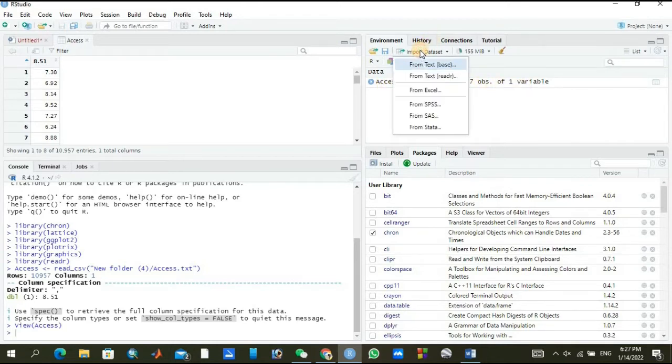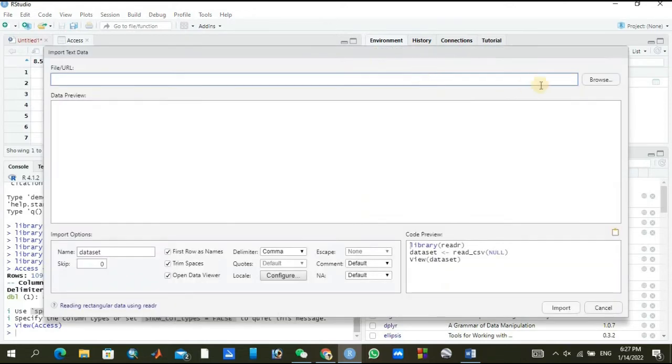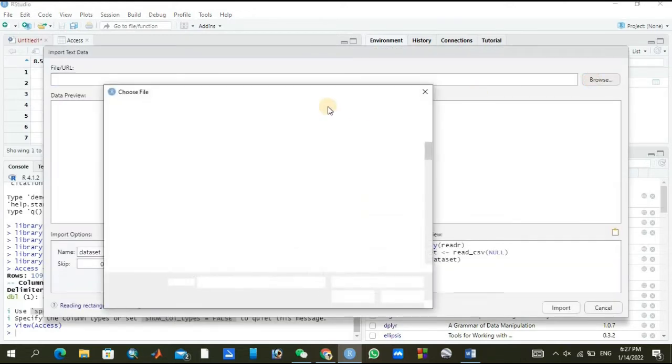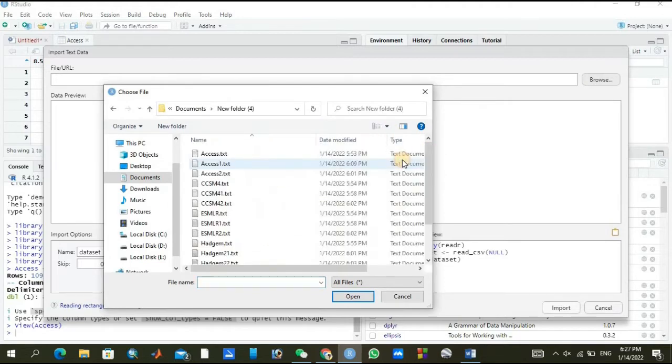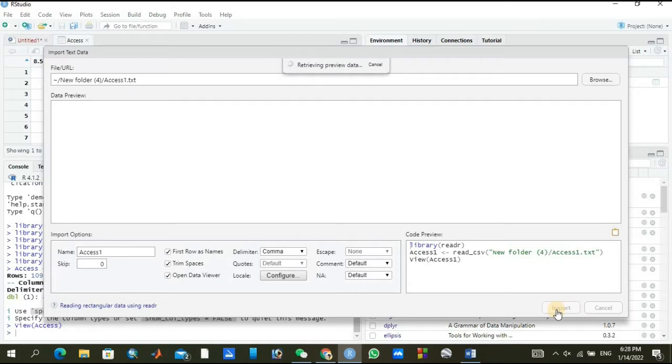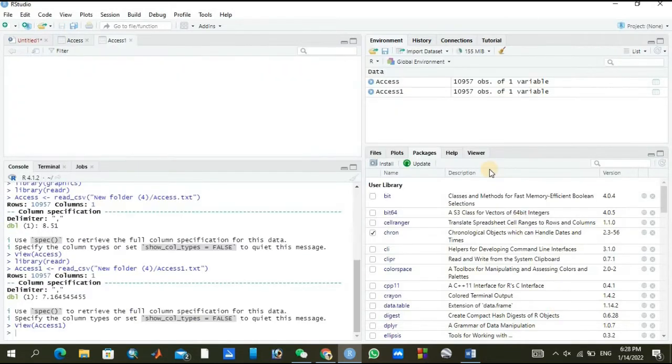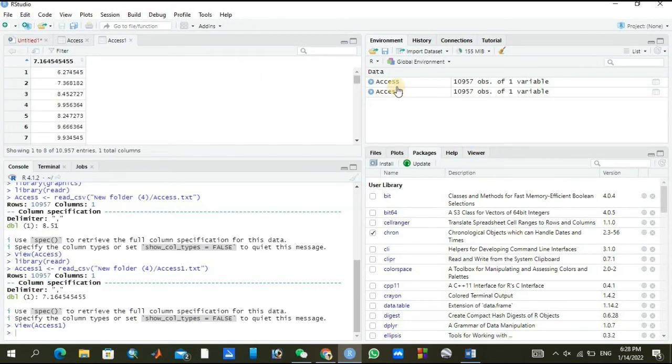Similarly we will upload all these data sets. Again I will show you from the second point downward here, and this one is my second access. I will click on OK, and you can see the name. There's a difference in names, so I am writing access for my linear scaling and access 1 for my other type of downscaling, such as change factor downscaling.